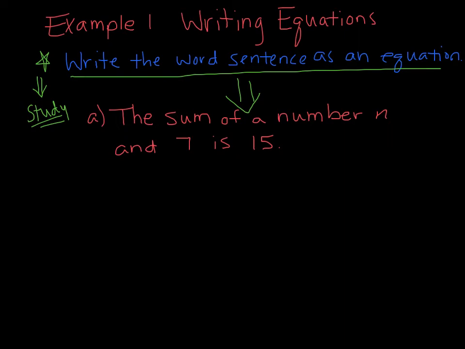How do I actually write that correctly? So what you're going to do is you're going to piece out what you see. We know right now the word sum means addition. So the sum of a number n, so that's our first number we're talking about, and 7, those are the two numbers we're talking about in our